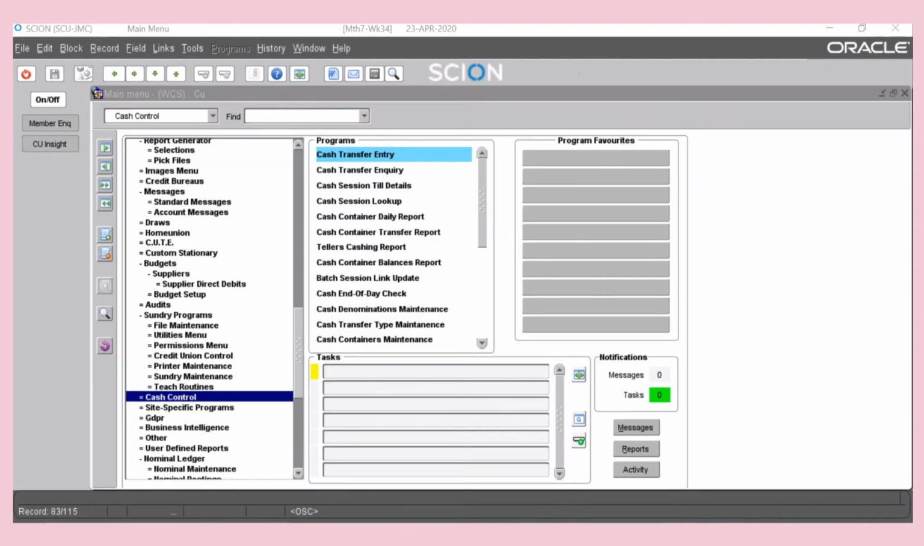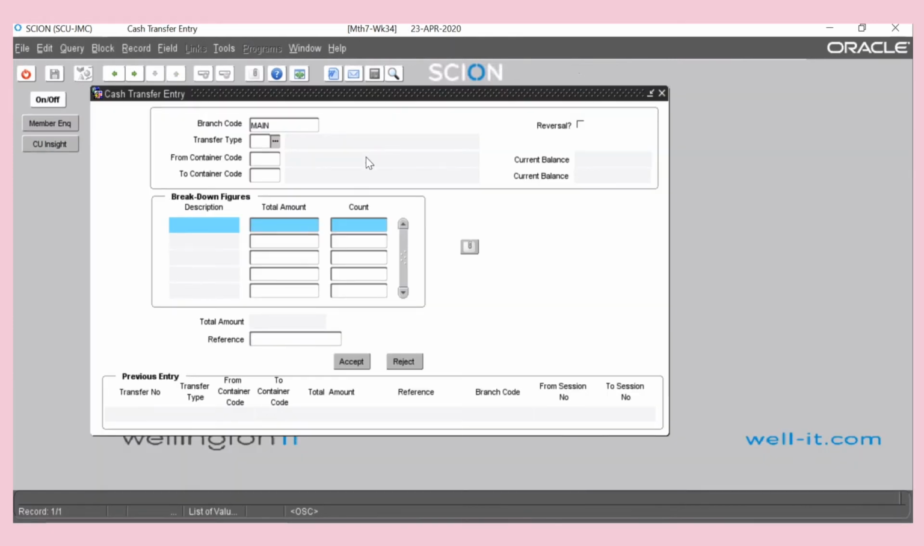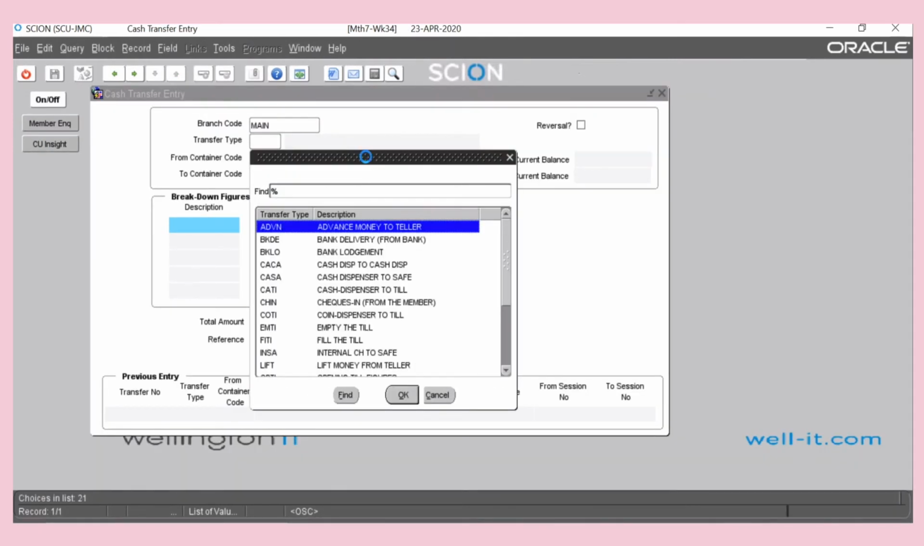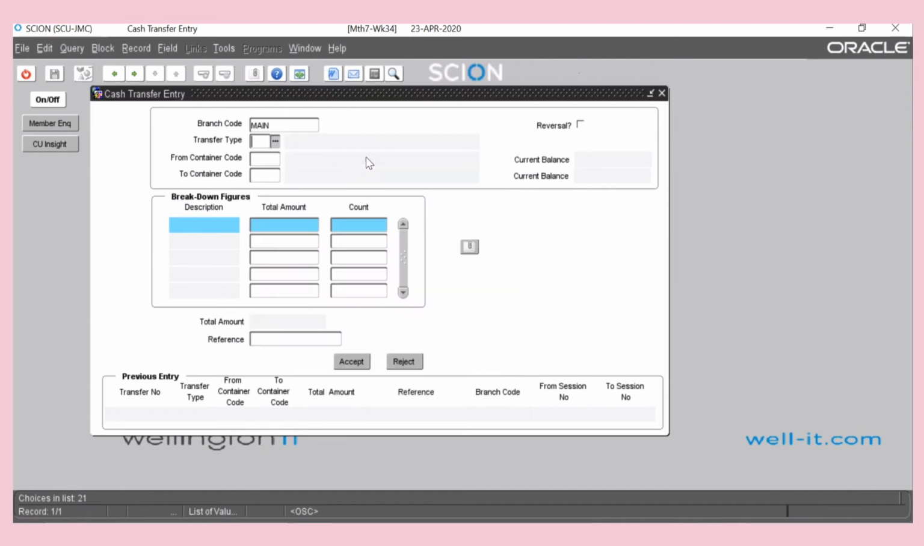So now I'm going to show you how the cash room manages cash deliveries into the credit union and cash lodgements out of the credit union. So this is done in cash transfer entry. And the cash officer would select either bank lodgement or bank delivery. So we'll look at bank lodgement first,